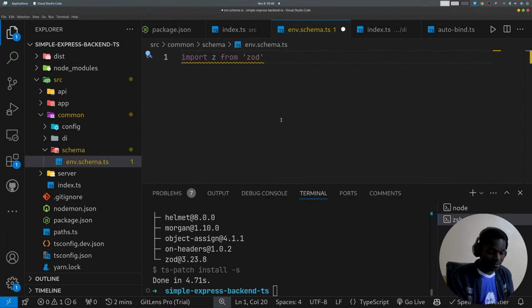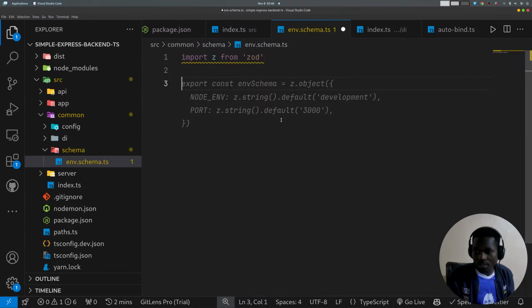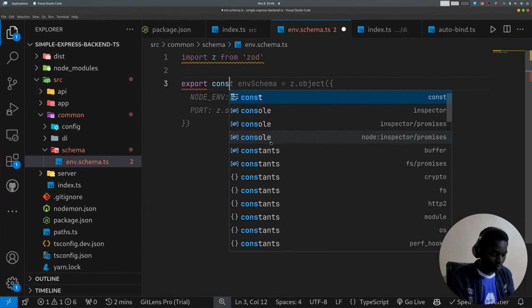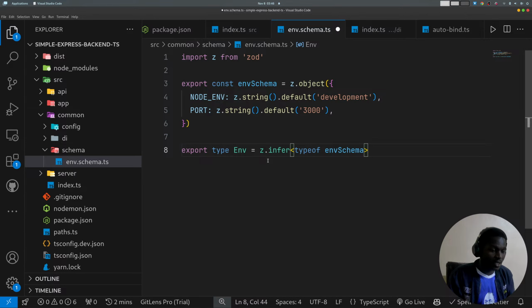Once I have Zod there, I'll take the schema. What I need to write here is, we export const env schema. Then we can export type env, and this should also extend the